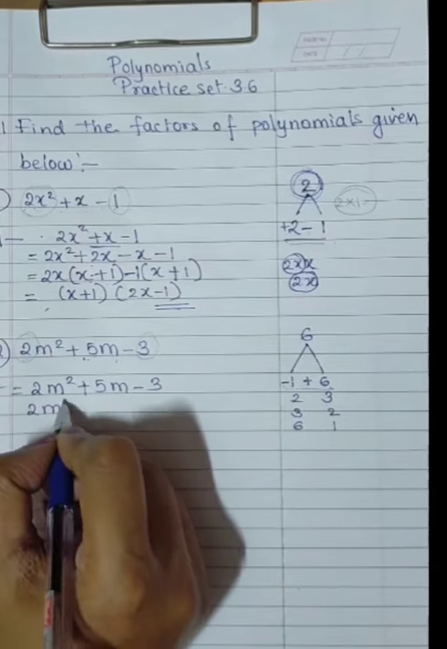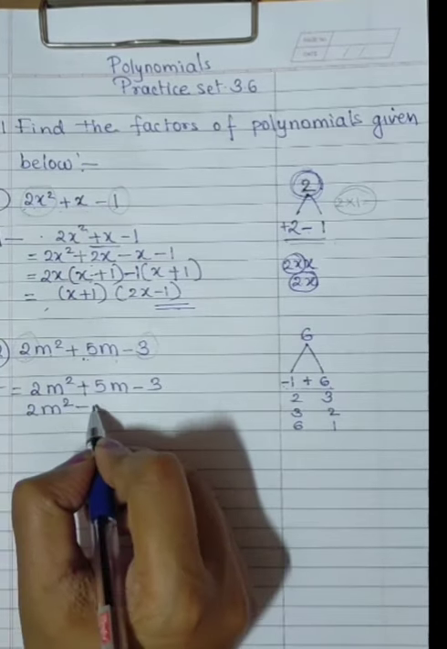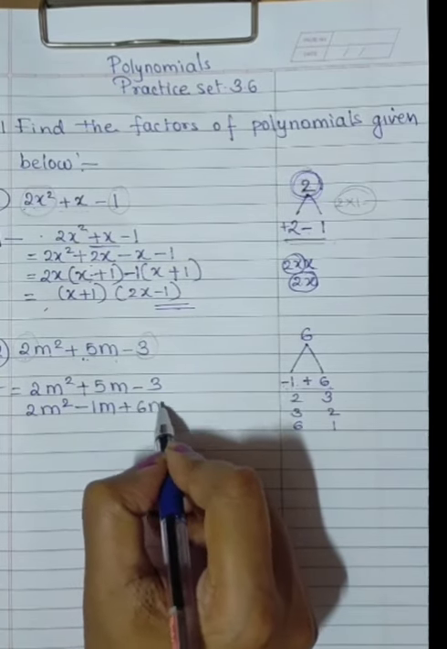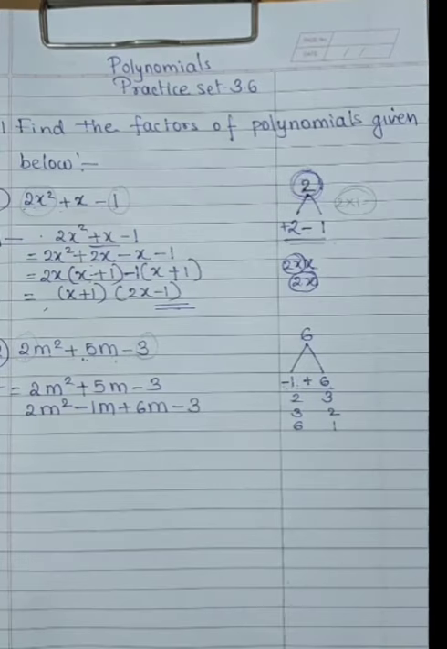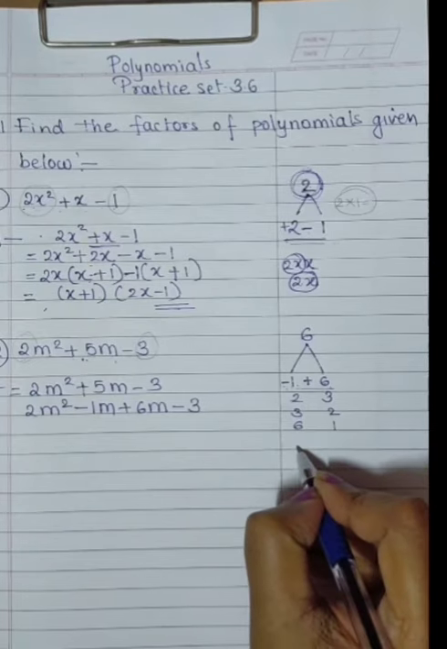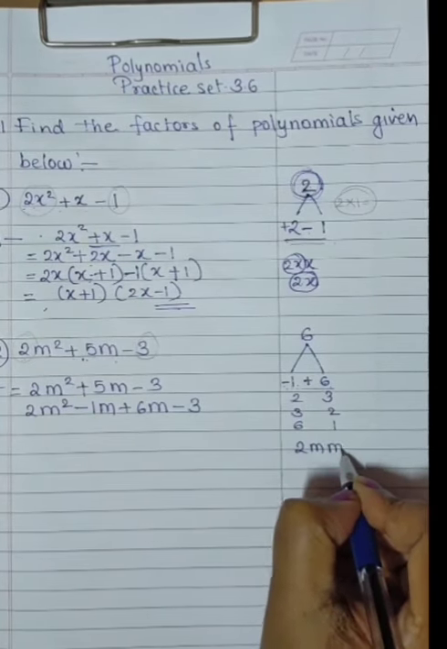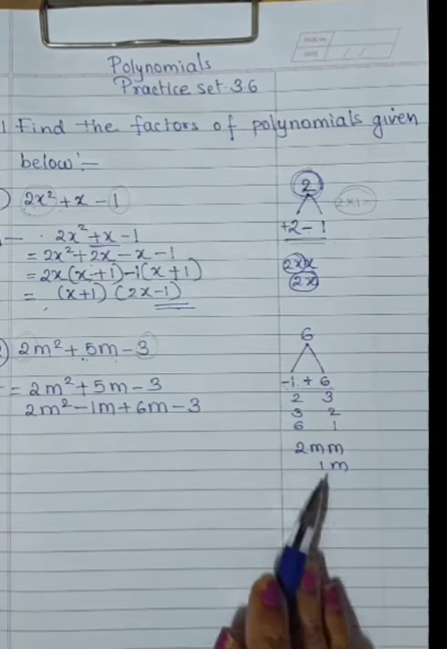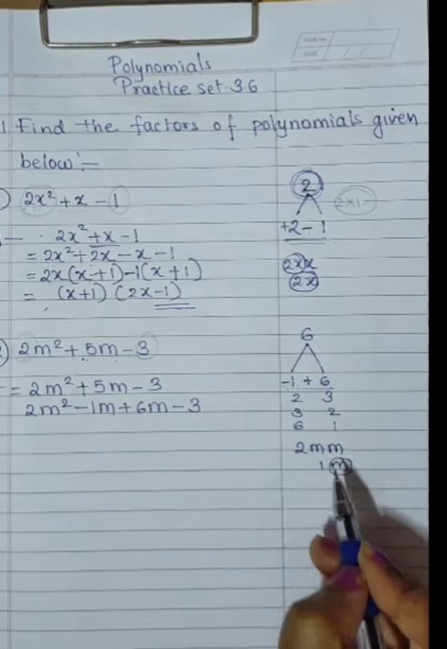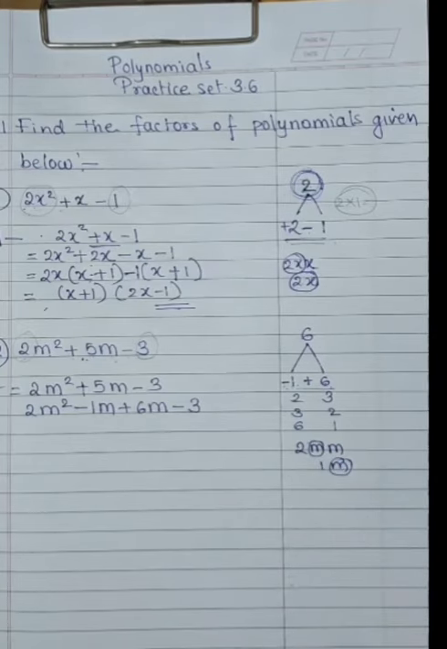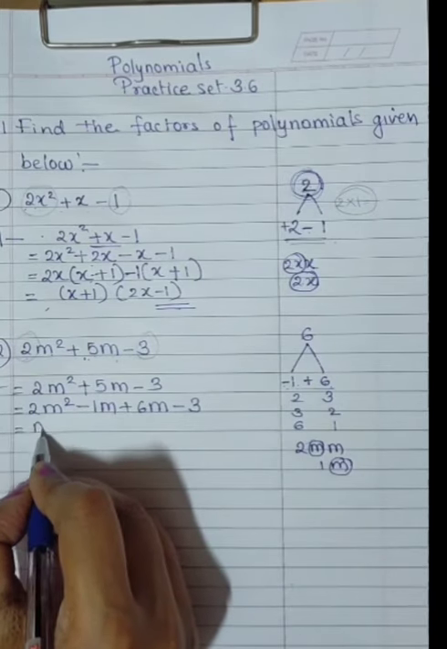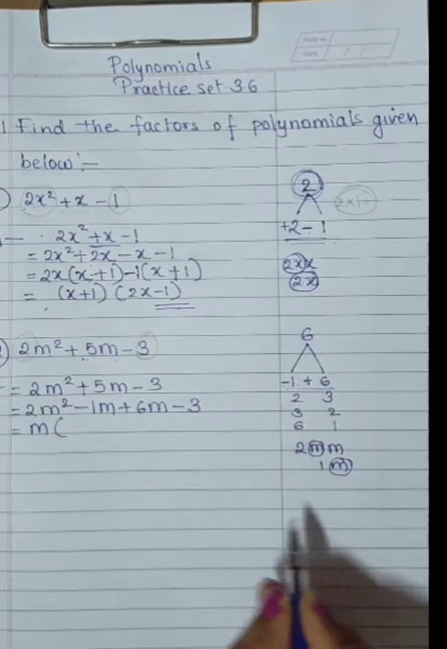2m square as it is, I am writing now, minus 1m plus 6m minus 3. Now here, as you can see, we have m, 2m, and here 1m is given. What is common here? M is common. Whatever common we got, we have to write here m, and inside the bracket we'll write